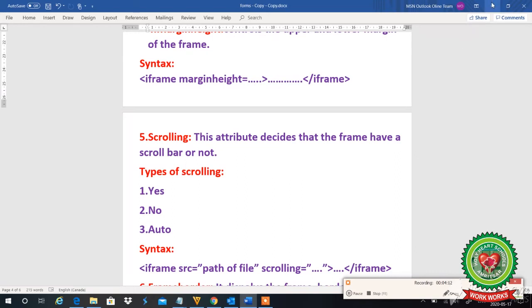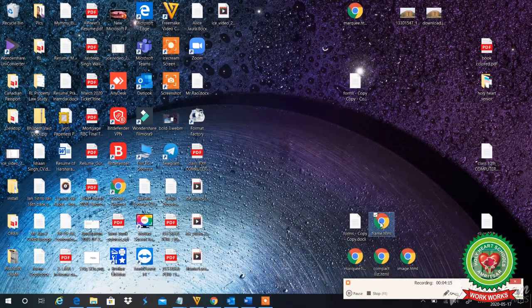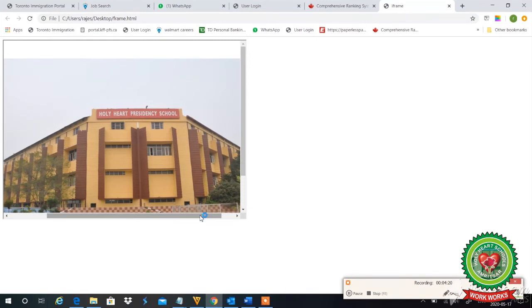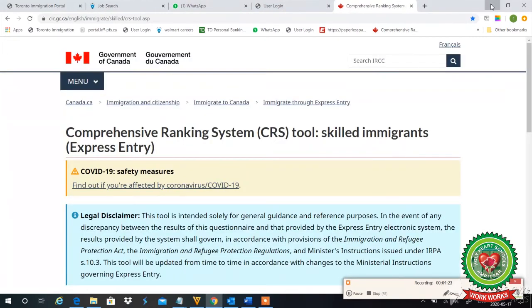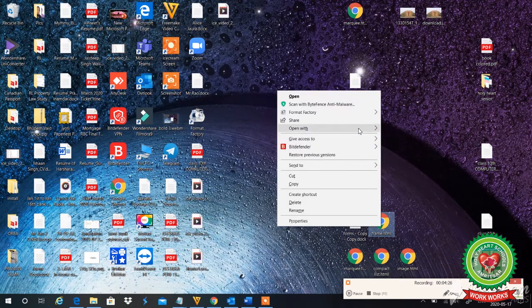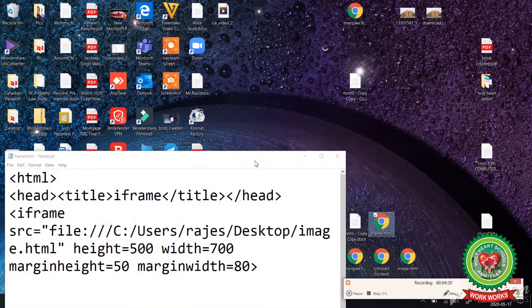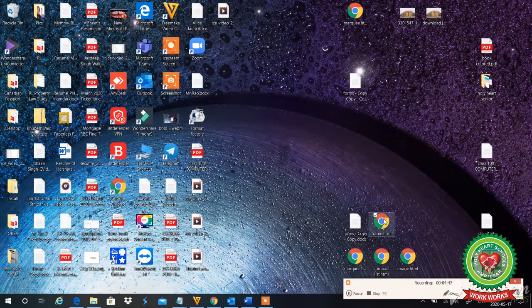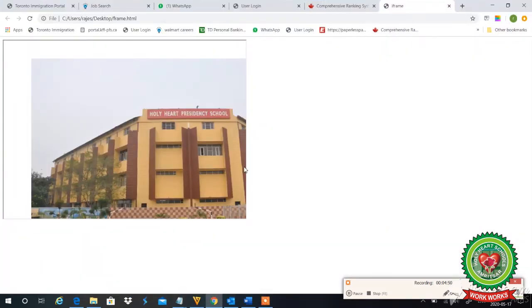Now see it practically. Firstly, see the output of the previous screen. We are having this scroll bar. Now let's suppose I don't want this scroll bar. For that we will do the coding of it. We will open the notepad and we will write one space scrolling is equal to, let's suppose I don't want the scrolling. I save my work, I have written no, I'll close it and see. On the output screen my scroll bar is not displaying. I can't move this page.